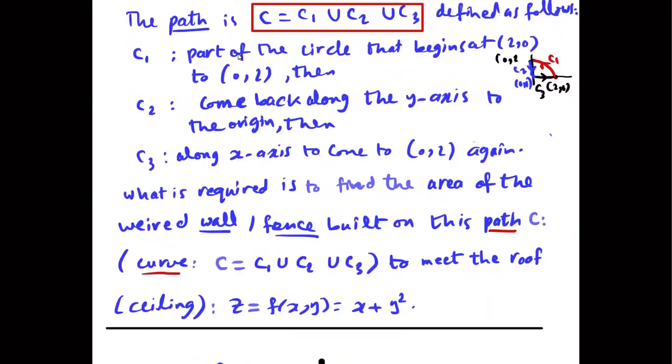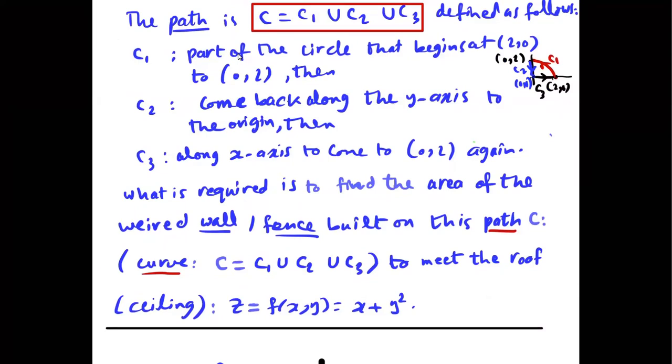Then another integral over this part. How to do the integral over this part? We need to do the parametric form of the curve of this line segment. It is the straight line here, x equals 0, but from y equals 2 up to y equals 0. We need to put it in the parametric form. Again, at the end,